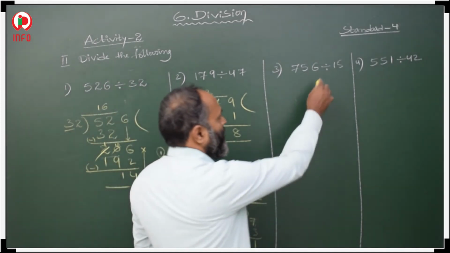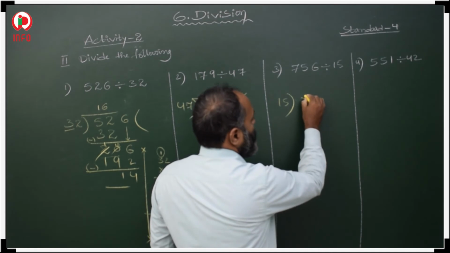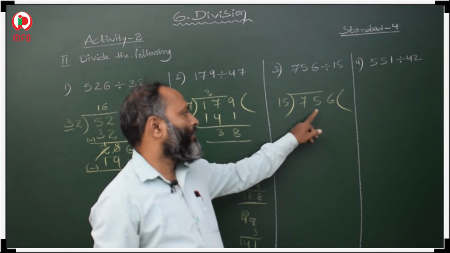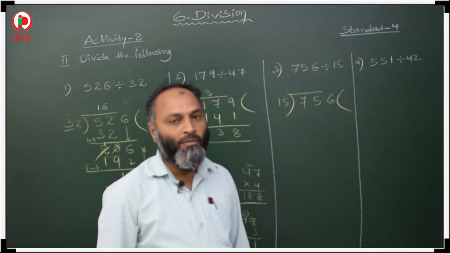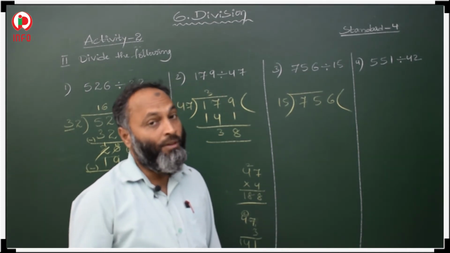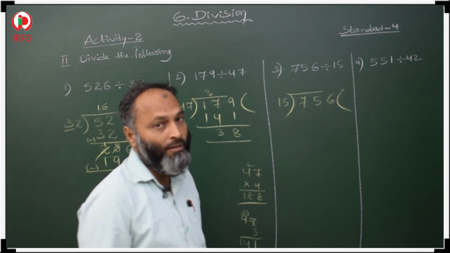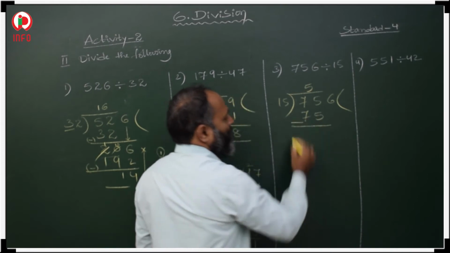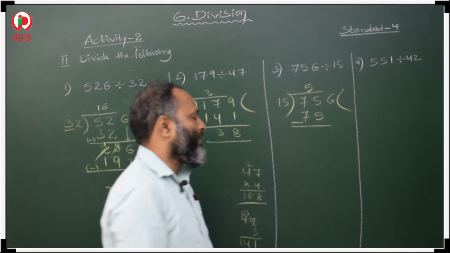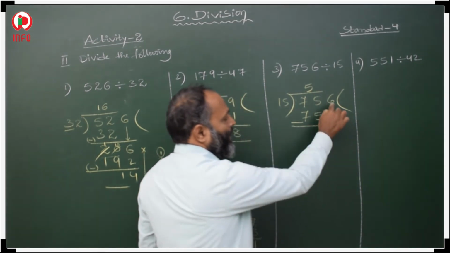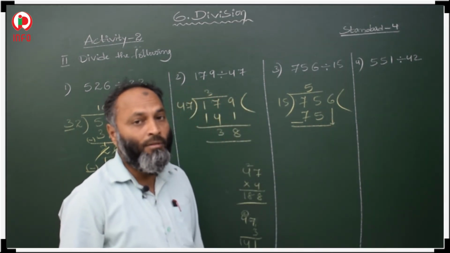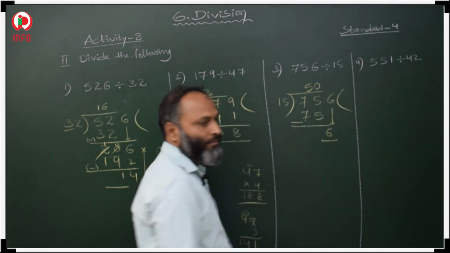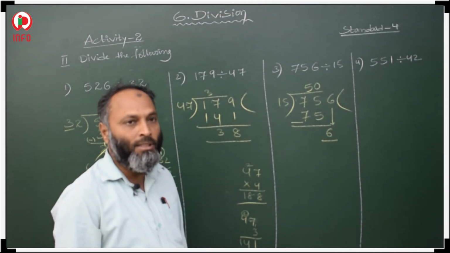Okay. Now, 756 divided by 15. First you take 75. In the 15 table, when you get 75, 15 5s are 75. Then minus, same number minus same number is 0, no need to take. Then after that one number is left. If here one number is left, then what we have to do? So, we have to take a 0 here, and after that you bring your remainder here. Okay. So, this is the method.